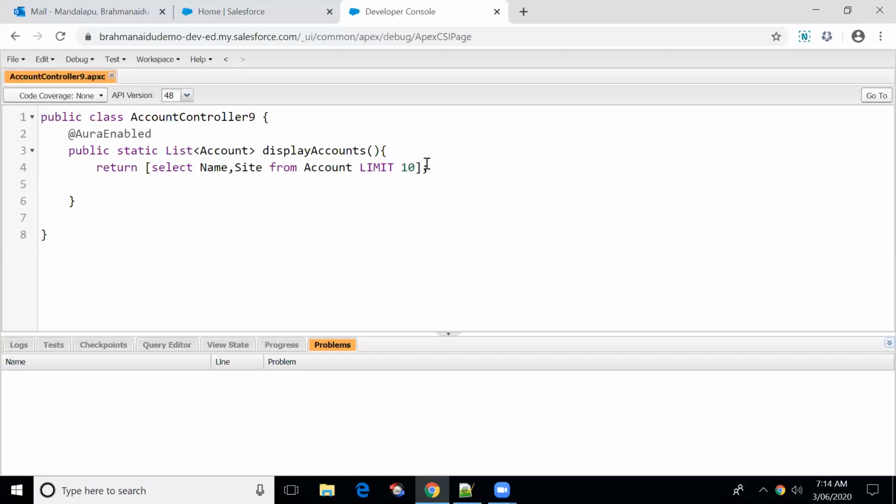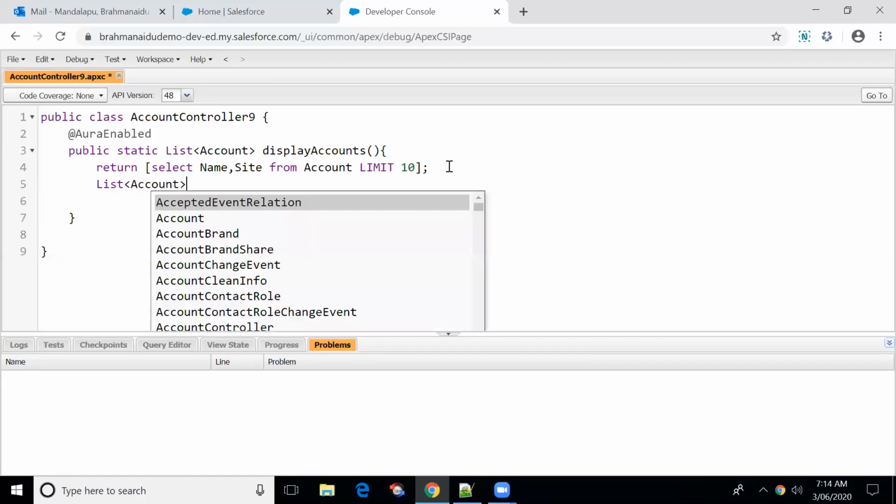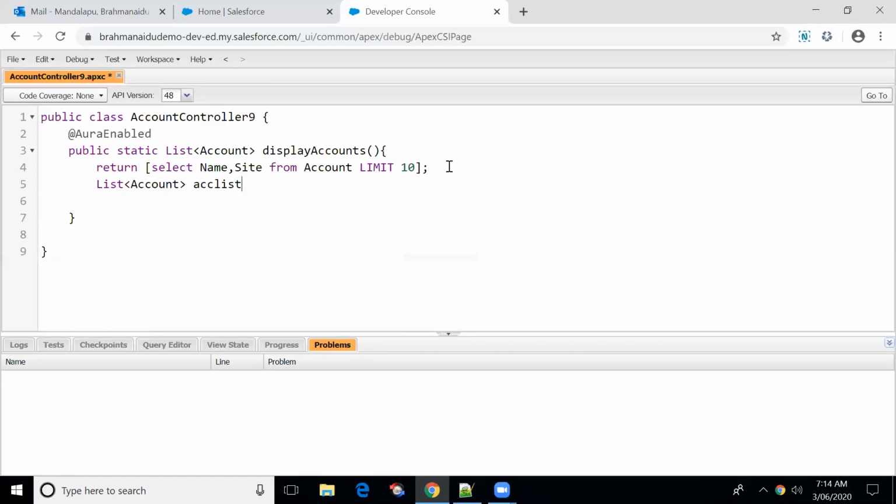Let me tell you one more approach. Either you can write a return statement, or let me write one more way. List of account is a list, select name, comma, site from account limit 10.